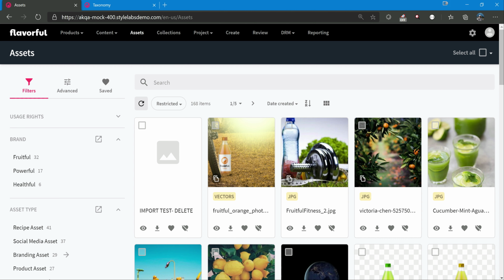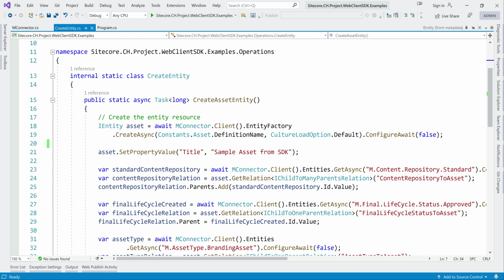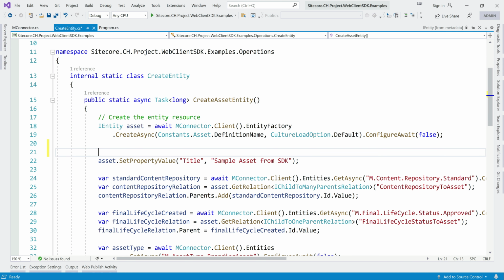Let's get back to our solution. So let me create one entity so that we can see how this is created. But before that, let's assign an identifier. This code we already saw in the previous video, on how to create an entity, but we never assigned an identifier, so it was automatically assigned by the system. But in this, let's assign an identifier.